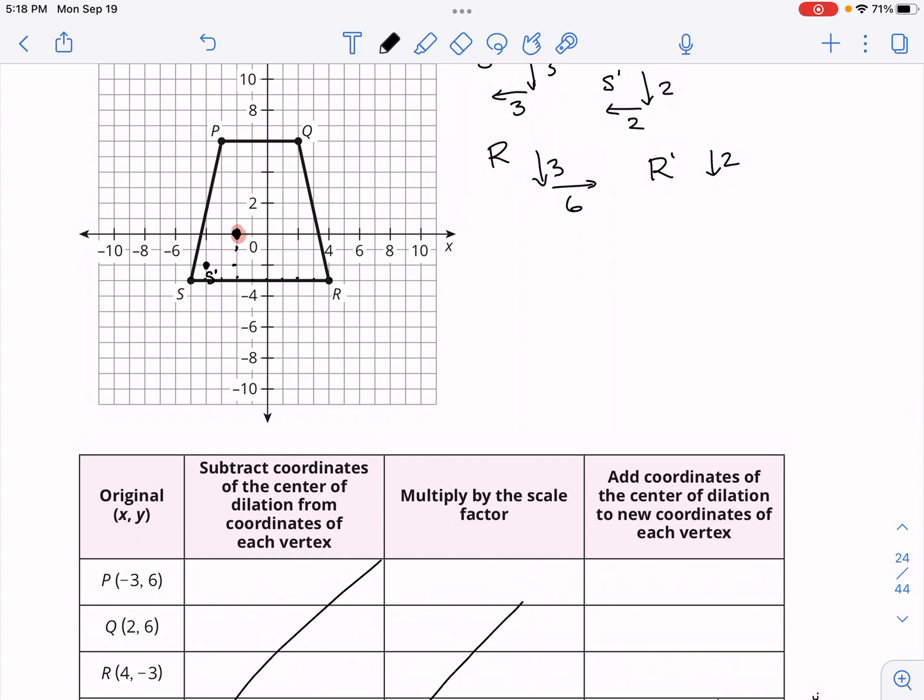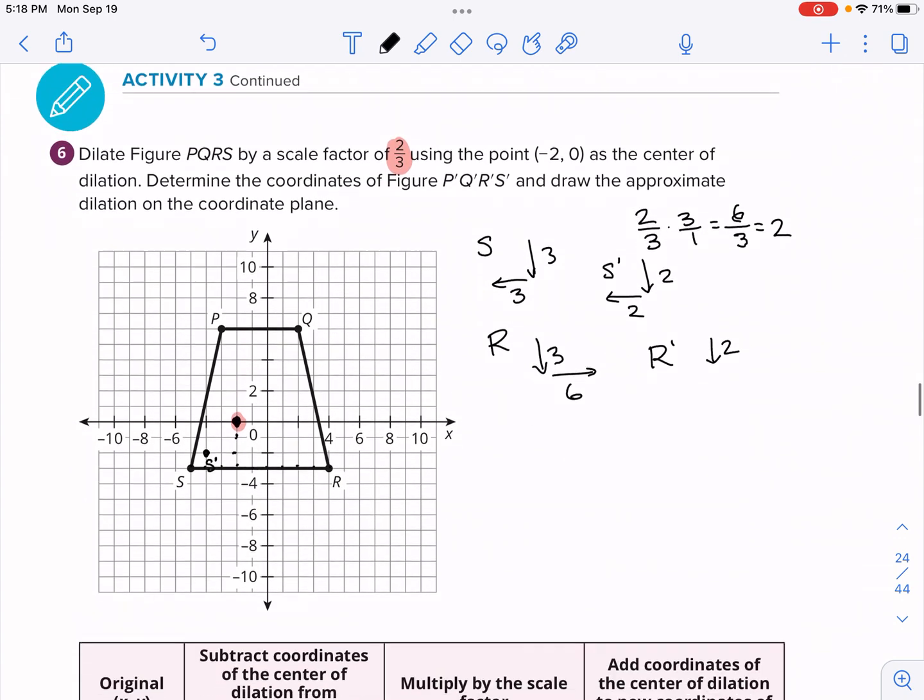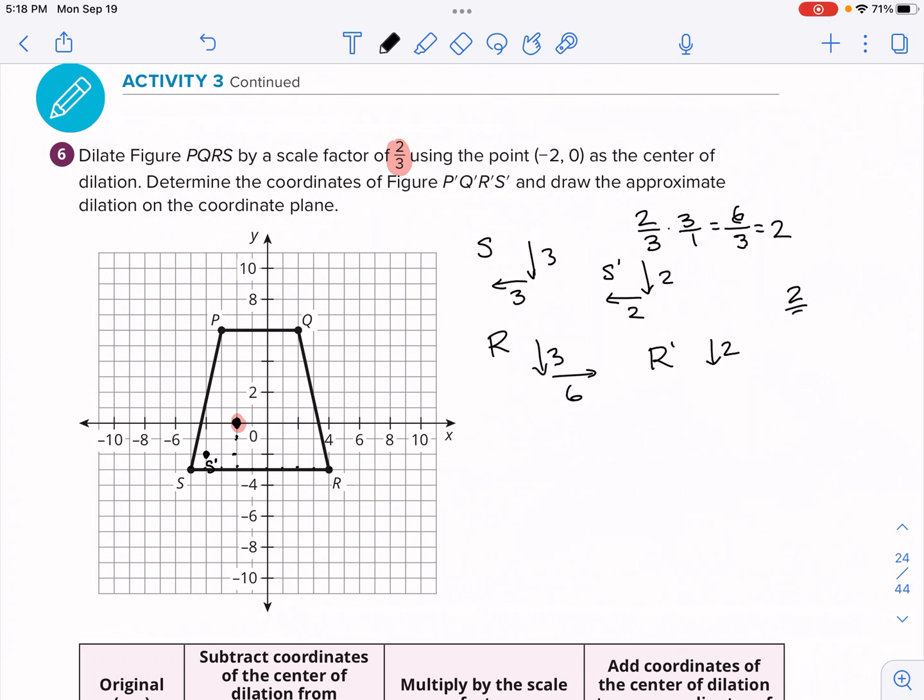But what is 2/3 of 6? I think we can still figure that out, but I'll put the scratch work off to the side. 2/3 of 6, put over 1. This is 12 over 3, and 12/3 is 4. So instead of going 6 right, we're going to be going 4 right. So from the point, let's count down 2 and 4 right. 1, 2, 1, 2, 3. Looks like we're right here